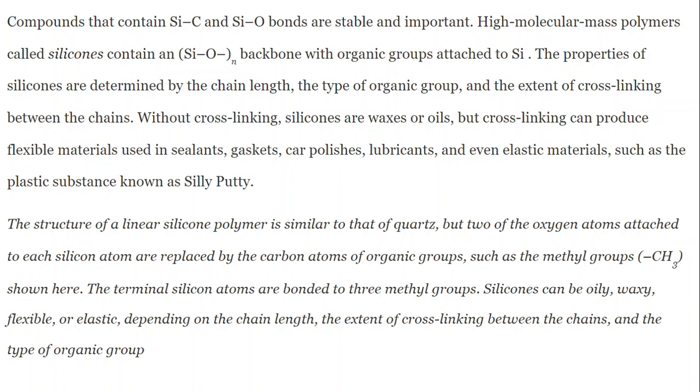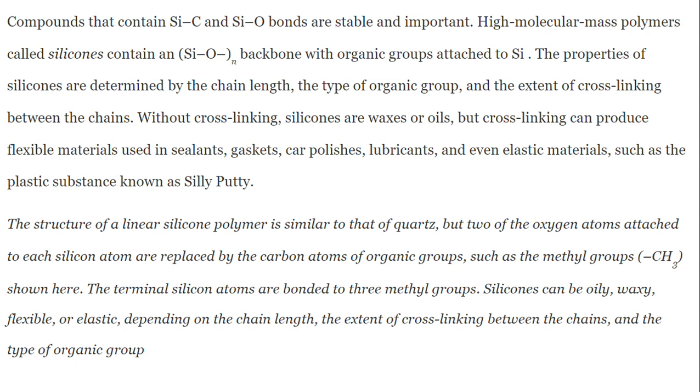While going through the reactions and compounds of heavier group 14 elements, we have seen that the compounds that contain silicon-carbon and silicon-oxygen bonds are stable and important. High molecular mass polymers called silicones contain long chains of Si-O bonds as a backbone with organic groups attached to silicon. The properties of silicones are determined by the chain length, the type of organic group, and the extent of cross-linking